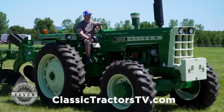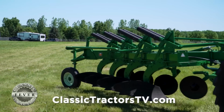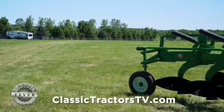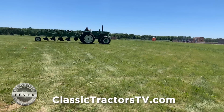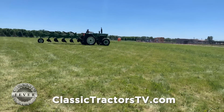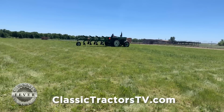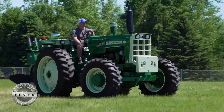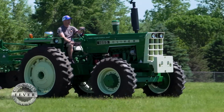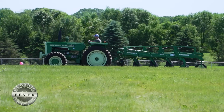And when you're driving the 1655, do you think about your dad a little bit? What do you think he'd say about this tractor now? I think he'd be proud. I can remember a few times having the loader on it and riding with it when I was young, and doing hog chores. I can remember one time it being buried almost up to the front axle going into a pit with hog manure. But yeah, he'd be proud. I don't know if he knew how rare it was. He just knew it was a very, very good